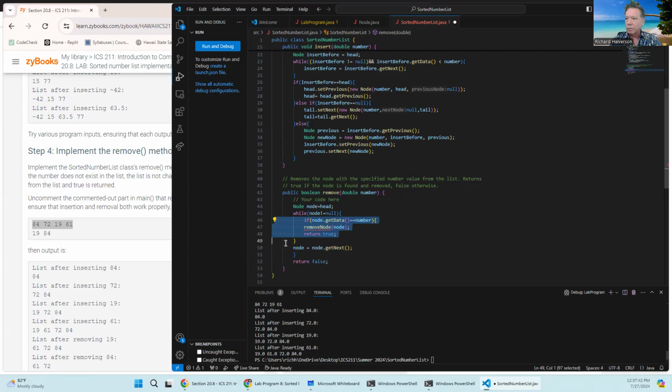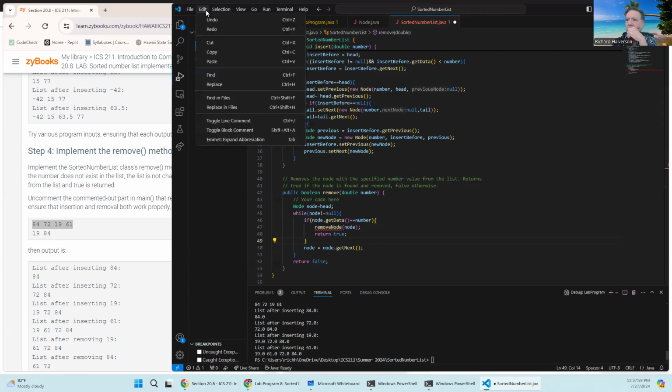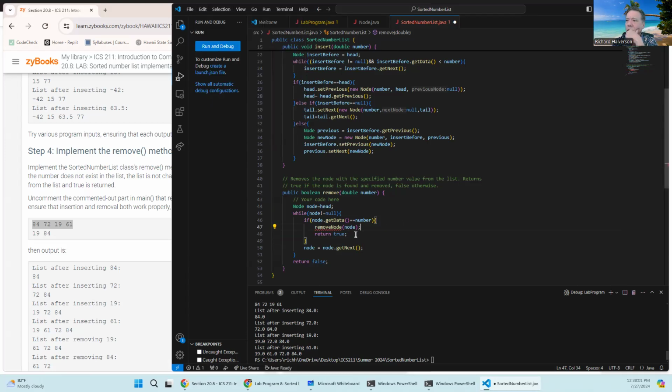Oop, get this one too. And this one is here. Okay, there we go. And I have the innards of the if statement. All right. Okay, so this is the remove, and now all I got to do is write this method,